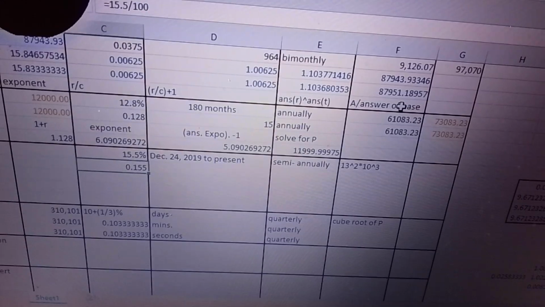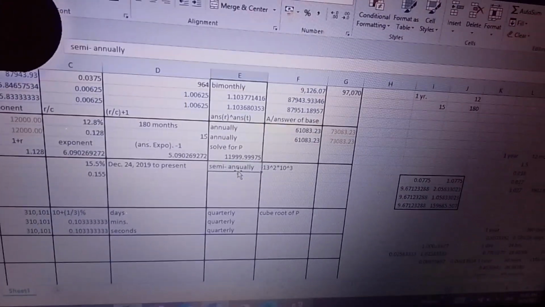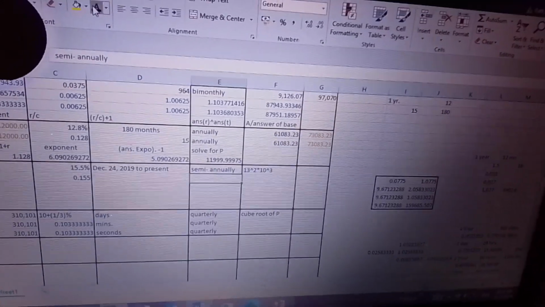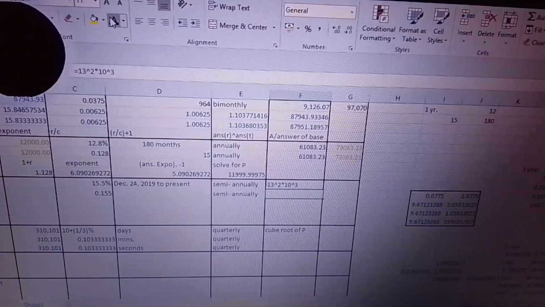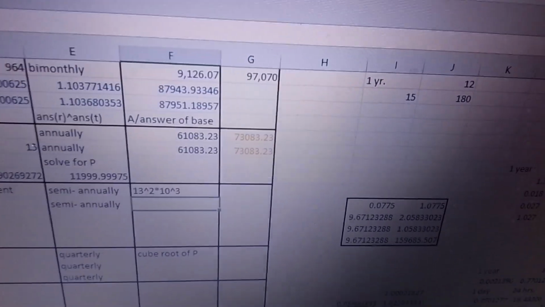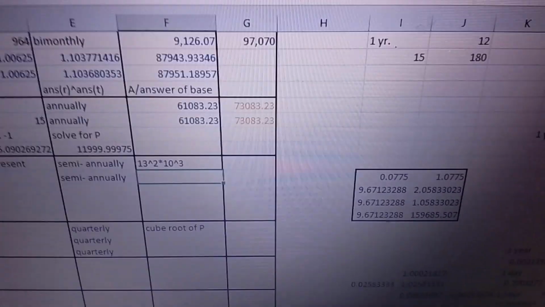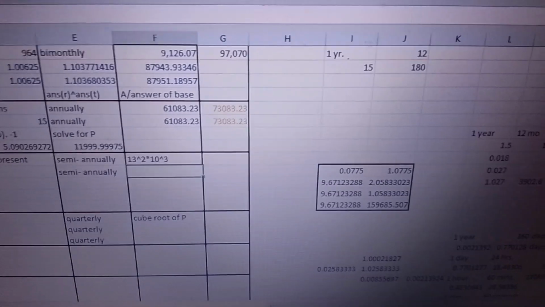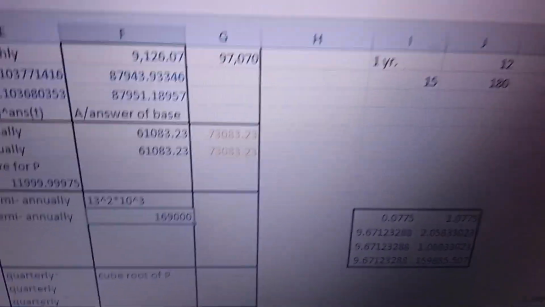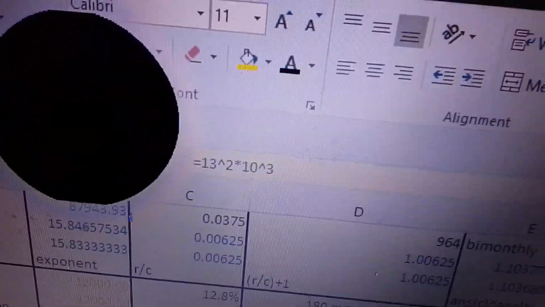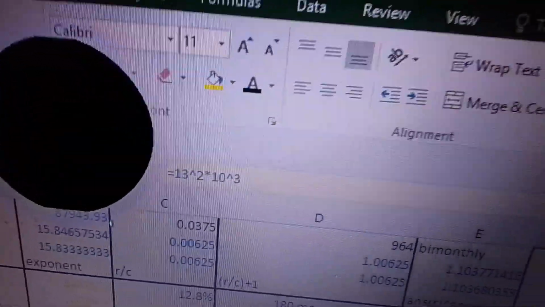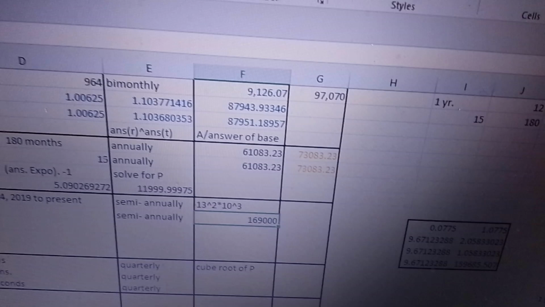And then, remember, it says semi-annually. So, therefore, you have to bring down all the semi-annuallys. Lahat yung mga semi-annuallys pinadala ko. And then this one, remember, sabi dito sa interest, it says here, it's 13 pesos squared times 10 pesos cubed. 10 cubed is 1,000. And 13 squared is 169. And 169 times 1,000 is 169,000. So, yun yung sagot. So, ito yung ginawa ko. 13 squared times 10 cubed. Yan. And now, all we have to do is to solve for the